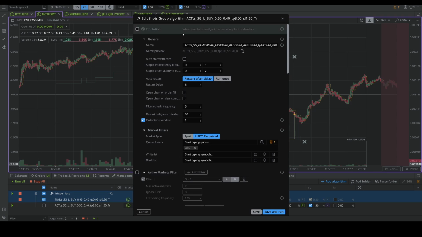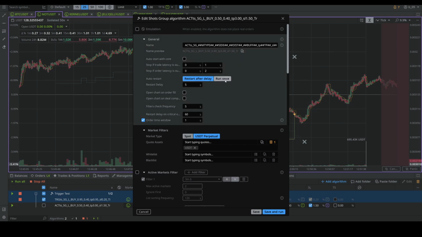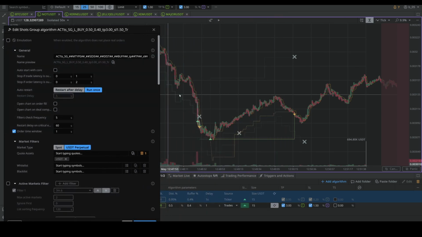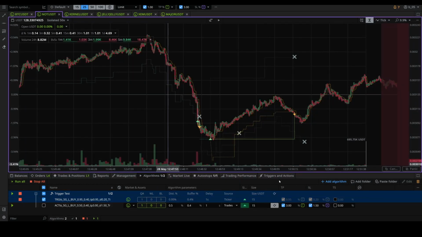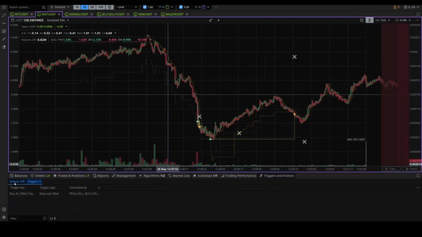One important thing for the backup algorithm is to have it set to run once. Otherwise, you may get lots of unwanted positions if the coin continues on the downward trajectory and gets these orders one by one going down. We're going into the averages territory, and you don't want that for now. So have it run once, or alternatively, set quite a big restart delay that is greater than what you have set in the triggers and actions here